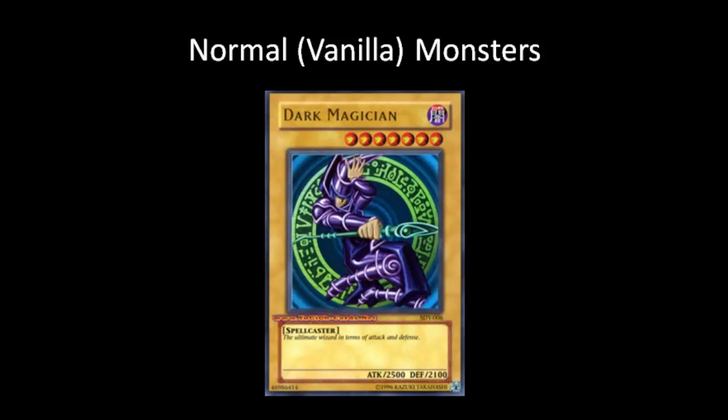It's often just for Yu-Gi-Oh! lore and storytelling, and in this case for Dark Magician, it says the ultimate wizard in terms of attack and defense. That's just a neat little tidbit about Dark Magician. It's not integral to the gameplay, so card text on normal monsters does not matter at all. And very rarely will you see normal monsters played. Sometimes you will, but for the most part, we're